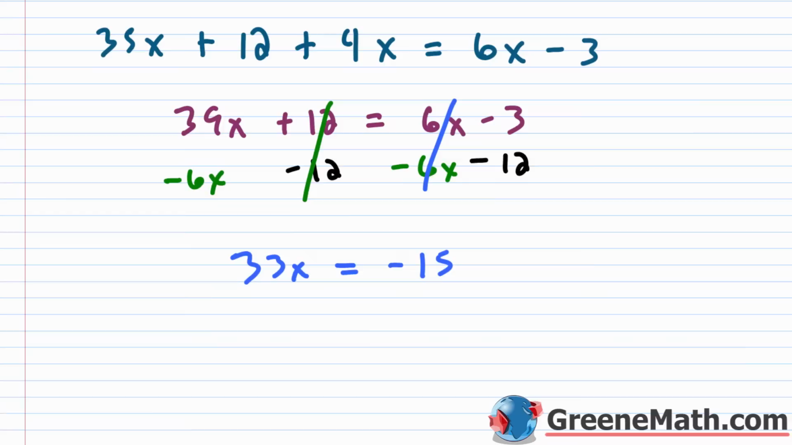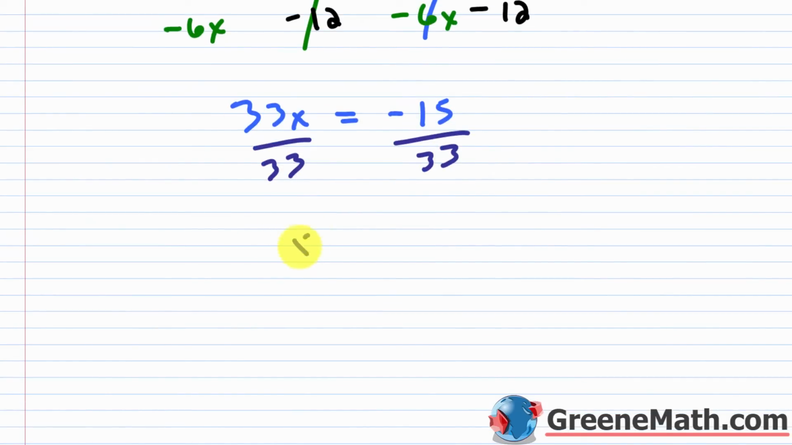So to get my final answer here, again, I want to divide both sides by 33, the coefficient of x, so that x will be by itself. And let's slide down here. So we know this cancels. You'll get x is equal to